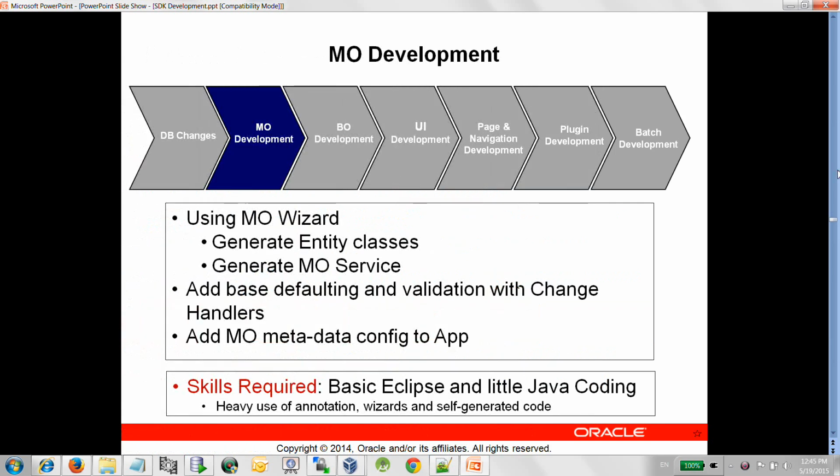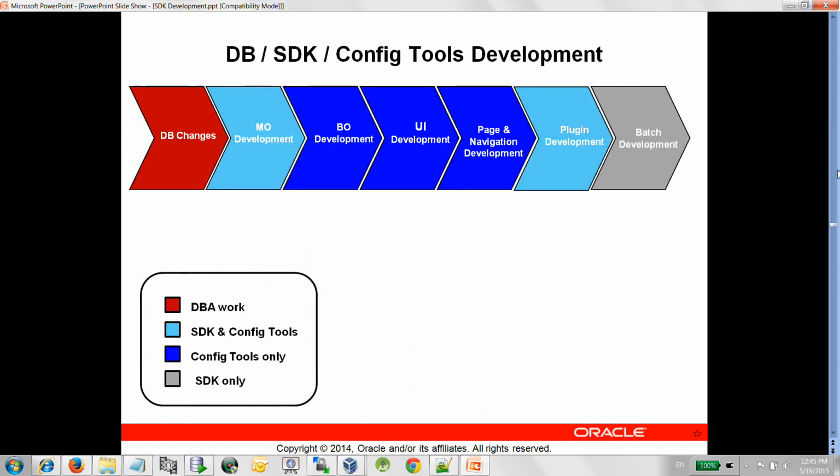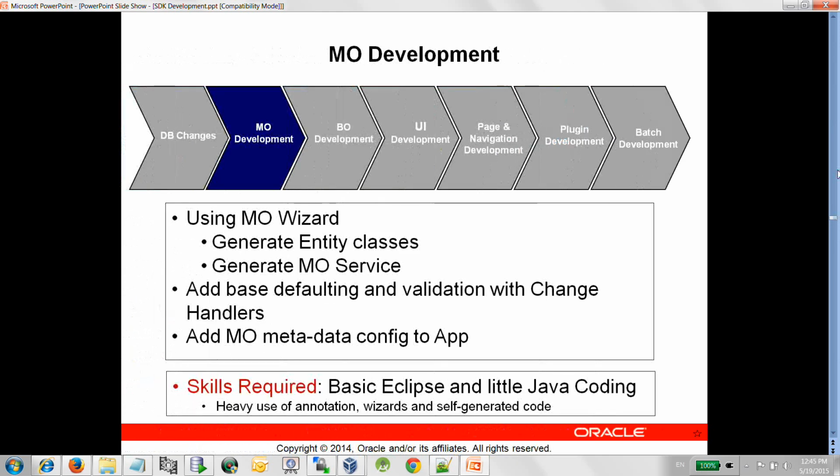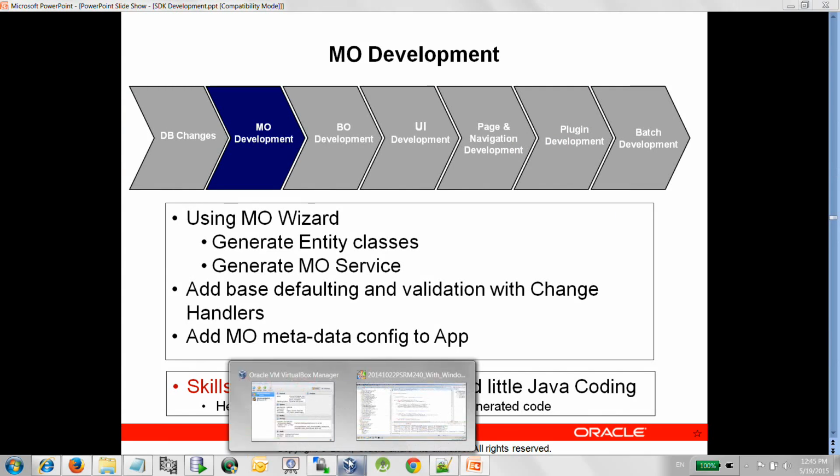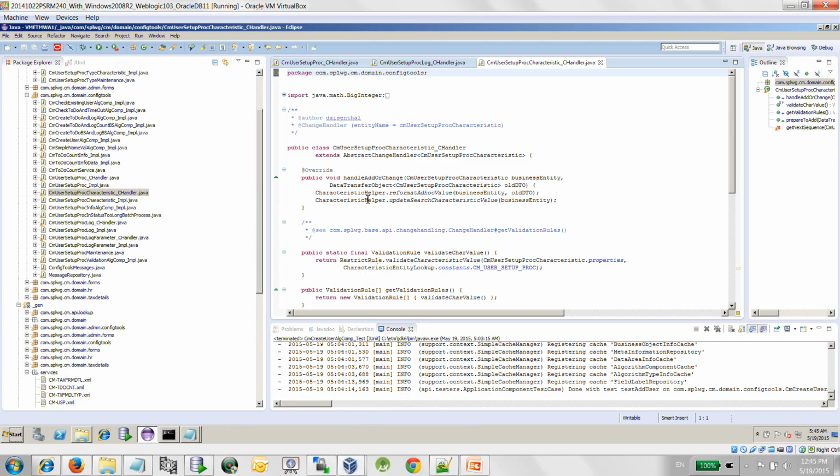Just to refresh ourselves in terms of where we're up to in the development cycle, we've made some database changes and we've shown how you create new entities for creating the MO. And as part of that, there's the important part of change handlers: defaulting and basic validations for these entities. So what I want to do is go to the application and show you 3 different